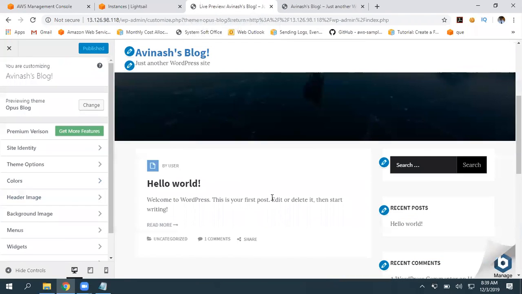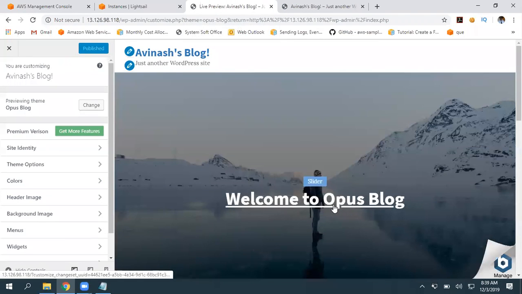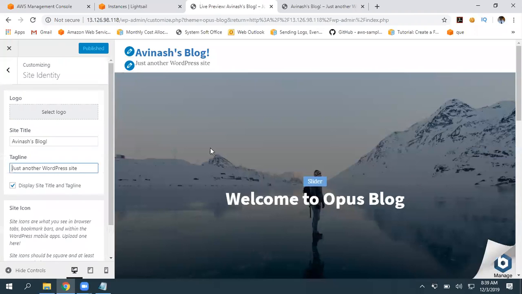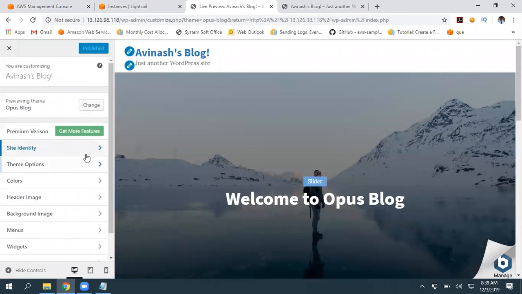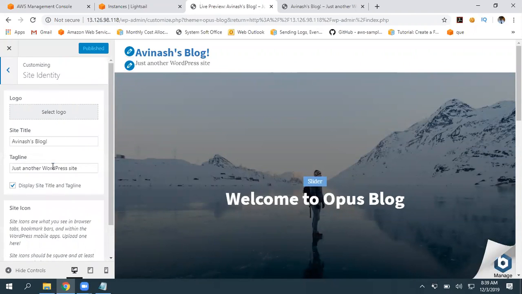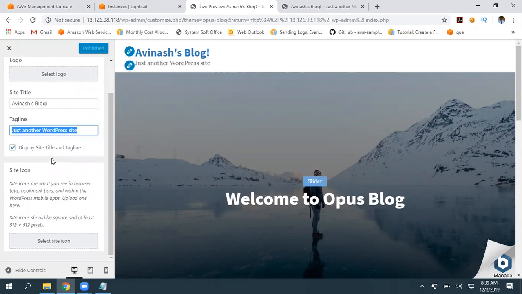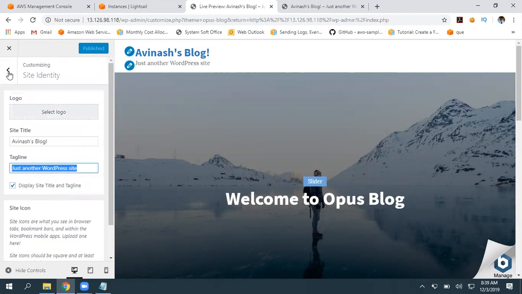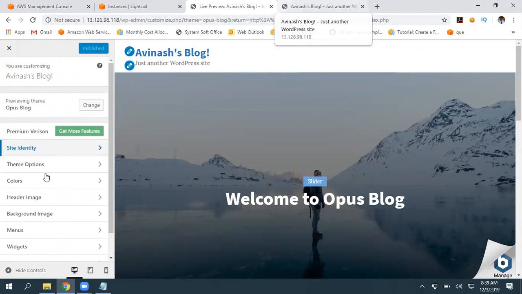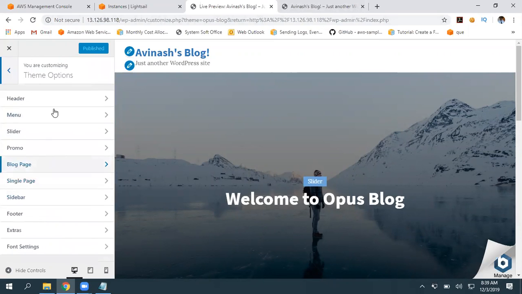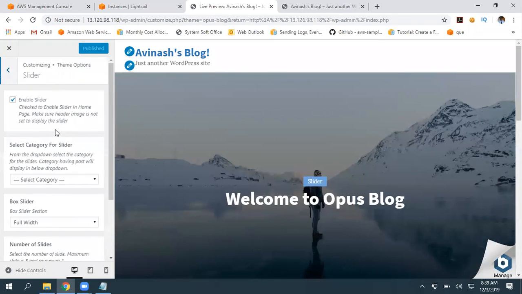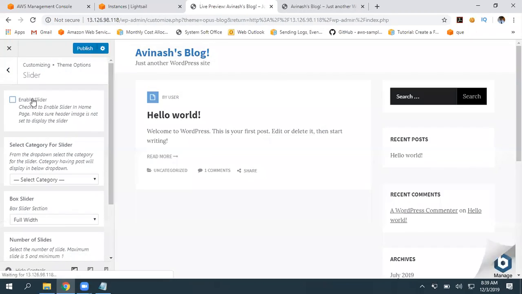If you want to give something, just go here. You can edit all these things. What are the fields? Site identity, display site title and taglines. If you want to select a logo, where it can display here, top right corner, the theme options. What is a slider? If you want to enable slider, you can.